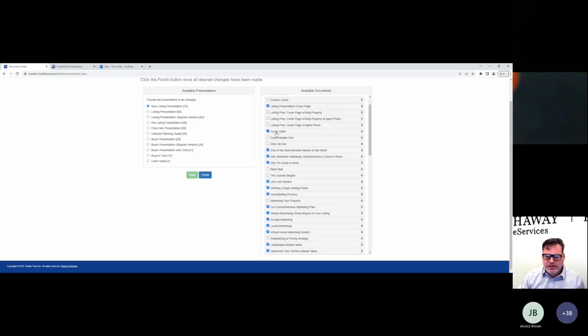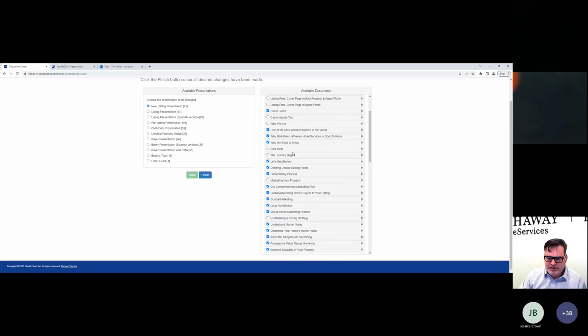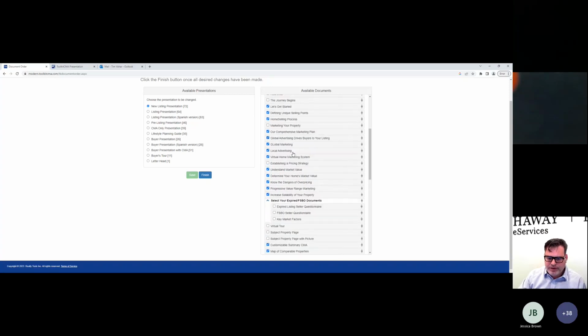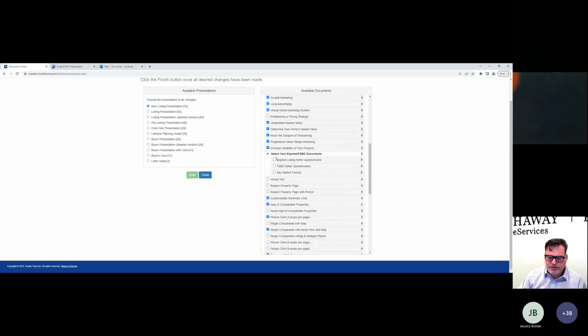You have your cover letter, so that could cover these, but you could also have these as well. Again, there's a couple of these documents here that are going to be over and above. If you have FSBOs or expireds, those would be part of it, but if not, you're not going to have those as part of that 72. So again, you do want to come through and get this all